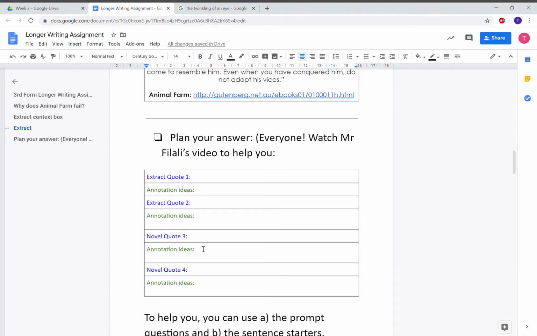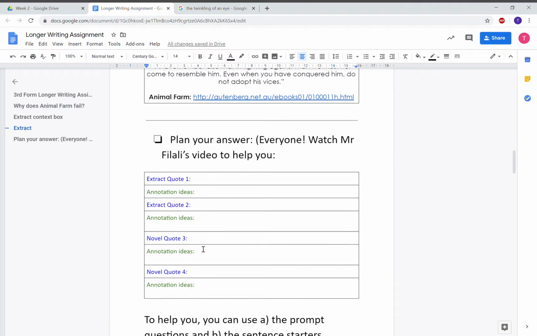But I think the important thing when you are writing an analytical paragraph is to try and include as much analysis of a quotation as you can, okay? It's better to say a lot about one quotation than it is to use loads of quotations but to only say perhaps 1 or 2 sentences about them, okay? Best thing to always do is to try and write as much as you can and to be as perceptive as you can about one quotation. But by all means, do feel free to write more than 4 paragraphs, and do feel free to use more